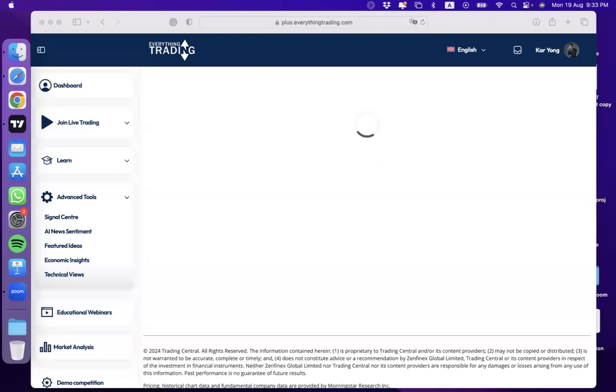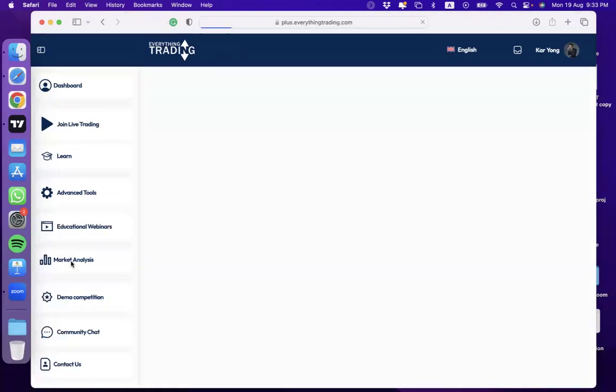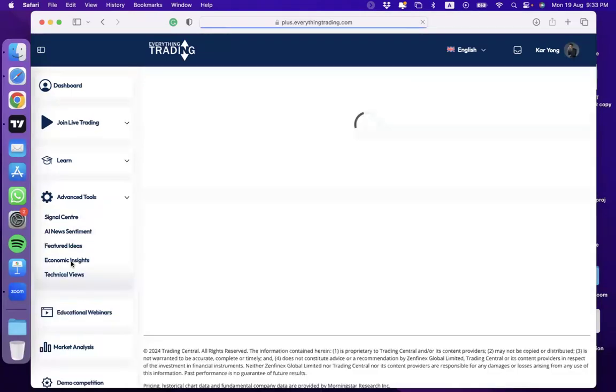As usual, I'll run through the outlook for the week, highlight some of the opportunities available, as well as trade ideas. But first up here, we'll be looking at the overview of the week.